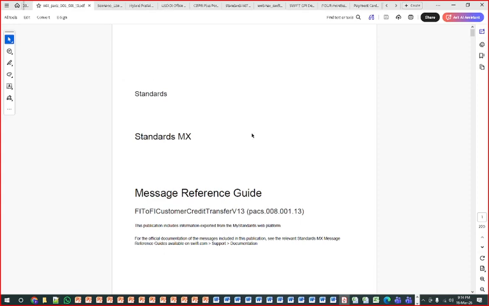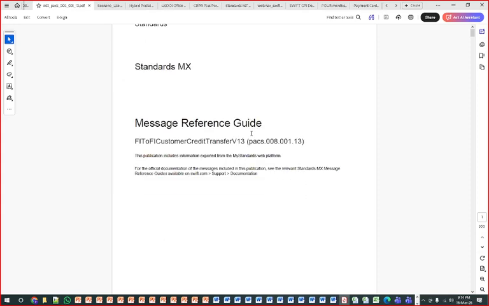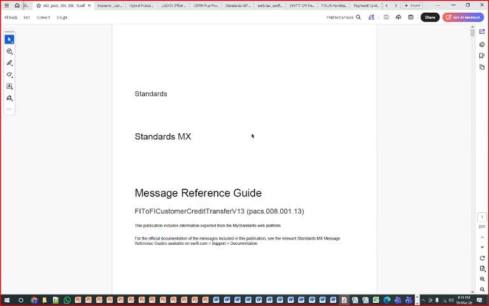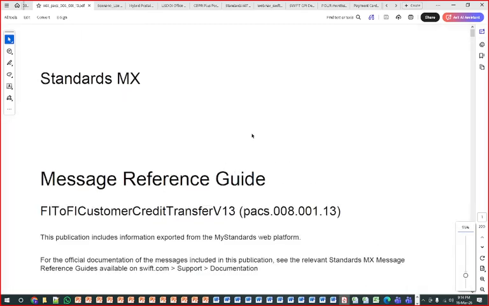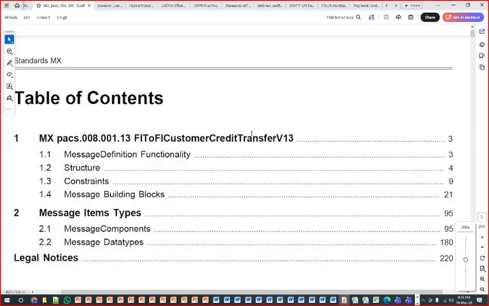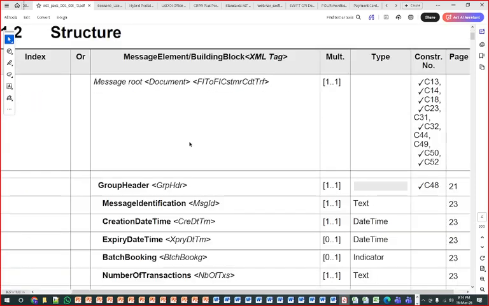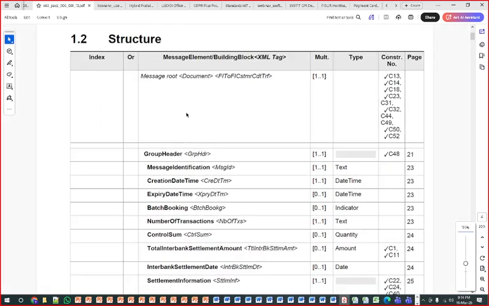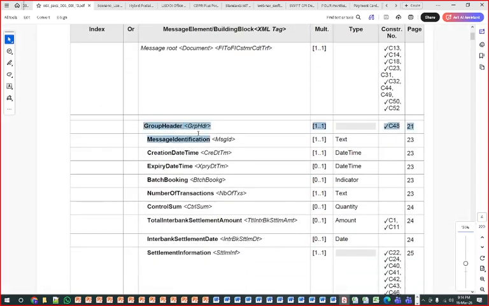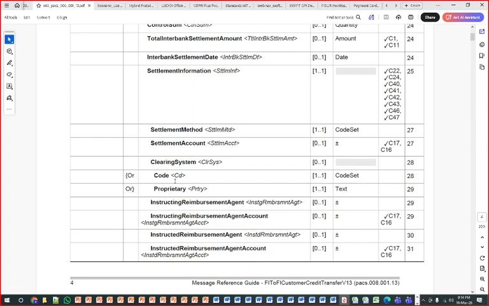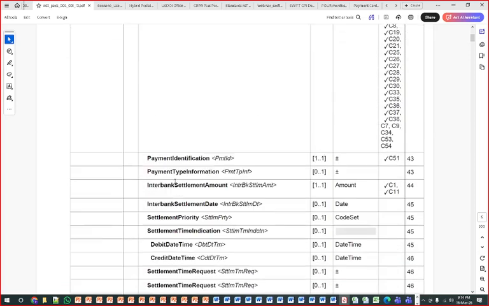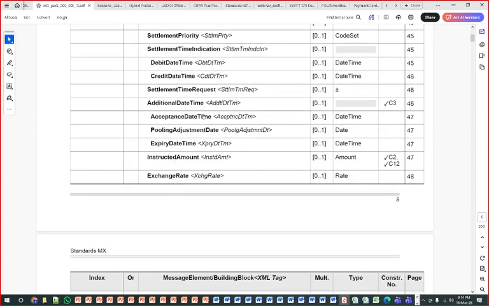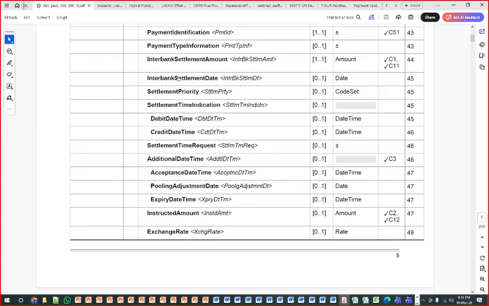Now, if you are learning pacs messages, I am saying just getting the ISO 20022 messages, the pacs messages look like this. This is the structure of the messages, and we are going to learn how that structure looks. It is called the business application header first. Inside it is the group header, and then many more. There are more than 1,000 fields, which we call elements, and we are going to learn each and every element.